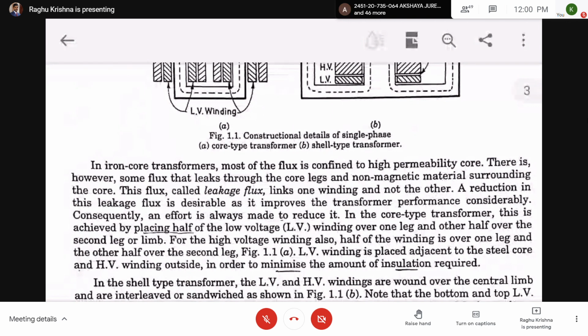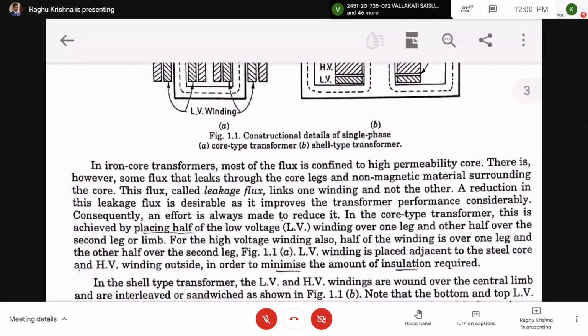The amount of insulation required is proportional to the voltage. More voltage means more insulation. If our insulation is not proper, then breakdown of the insulation may occur. The properties of the insulator will vanish if the insulator breaks down. What is meant by breakdown is the liberation of free electrons. An insulator means there will be no free electrons.